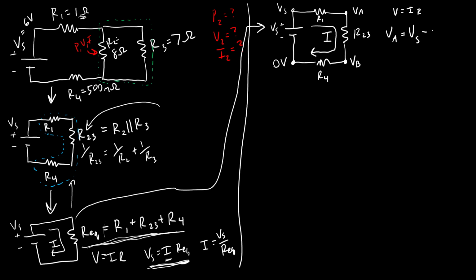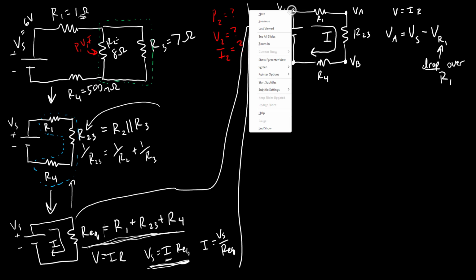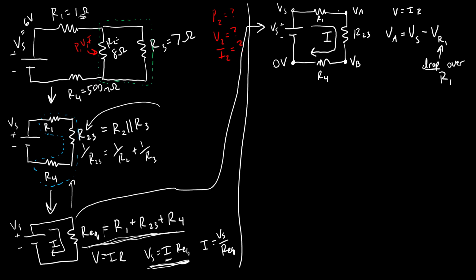VA equals Vs minus what I'll call VR1, where this is the drop over R1. Remember, again, we have a different video about this. There's a difference between labeling a voltage at a single point where you are implying that it is measured reference to ground, or calling the voltage drop across a resistor, which in this case is going to be the difference between Vs and VA. So that is not reference to ground. It is between these 2 points. So I have VA equals Vs minus VR1. And again, according to Ohm's law, I know that that VR1 is going to be equal to, oops, that should be a minus,